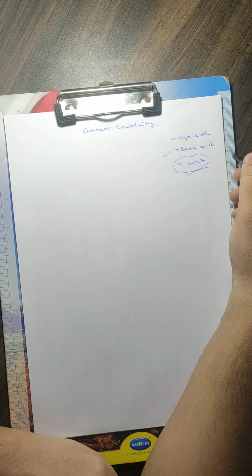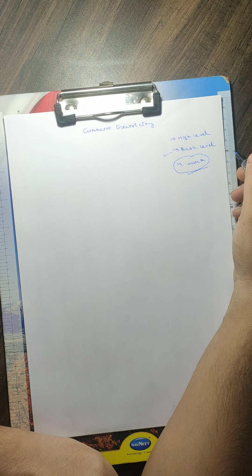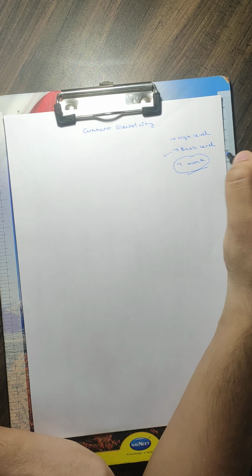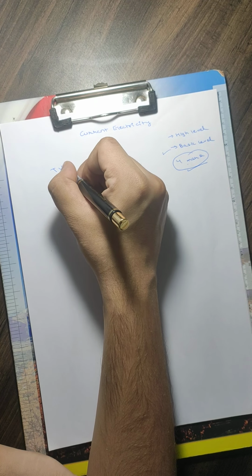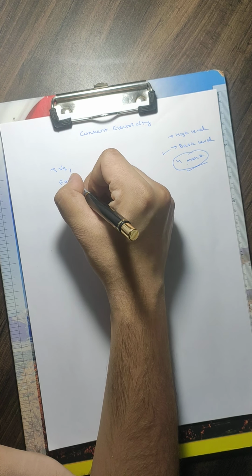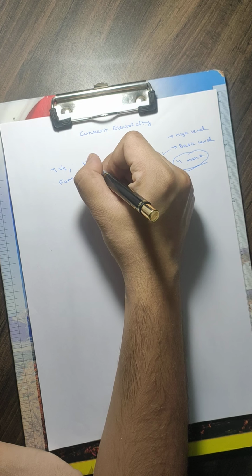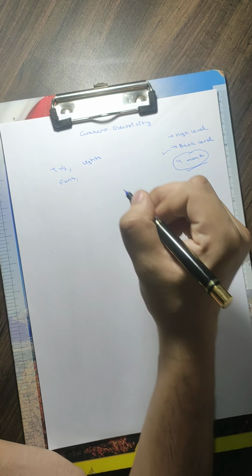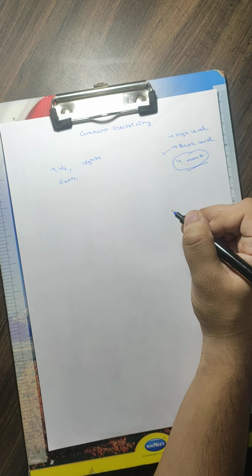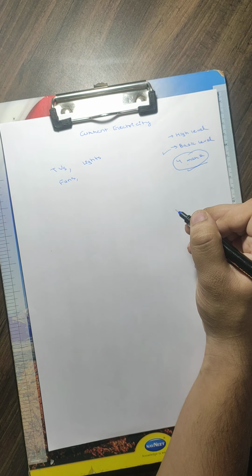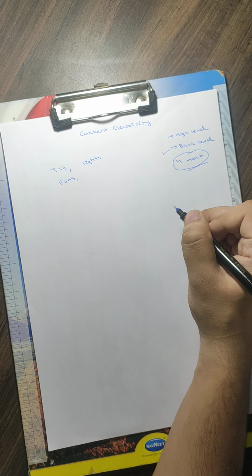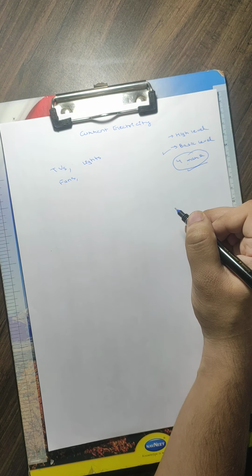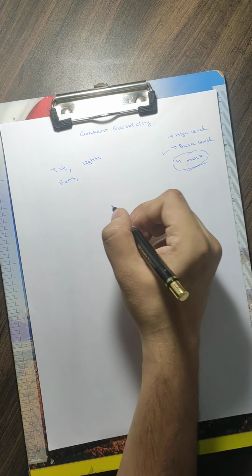So all of you must know about current. Everywhere around us we can find current easily. All the appliances, TVs, fans, lights, these all operate with the help of current. If we don't have current, we can't use these appliances. So current is a very basic thing in our life.